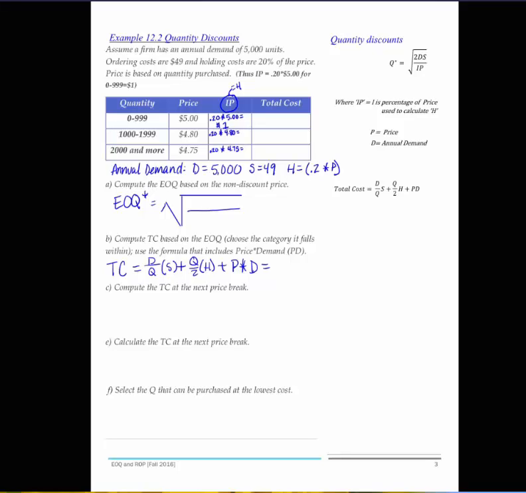The purpose of this video is to explain economic order quantities that work right along with the quantity discount model. Displayed in front of you is example 12.2, where we're going to work through a quantity discount. So assume that we have a demand of 5,000 units with ordering costs of $49 and holding costs of 20%